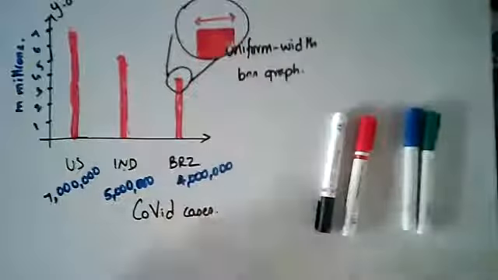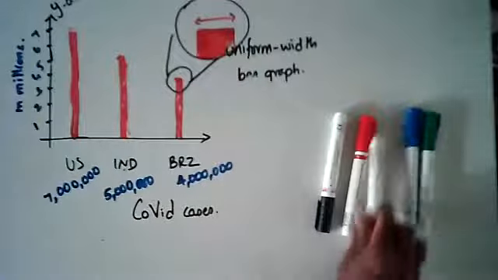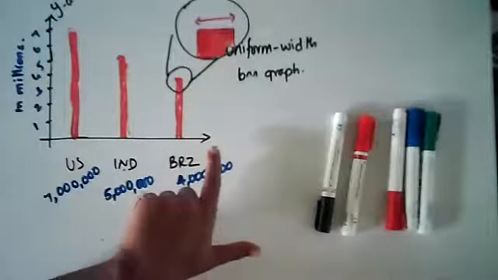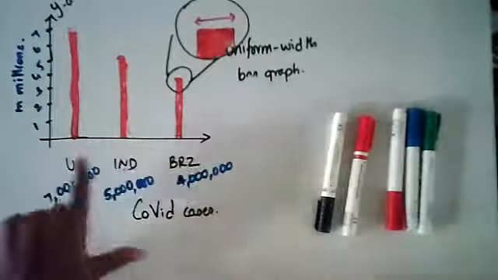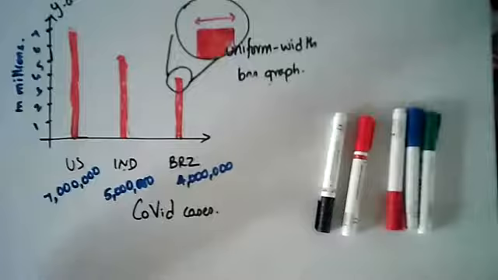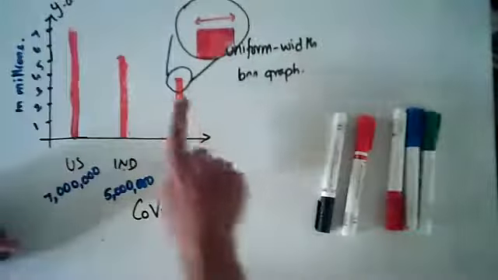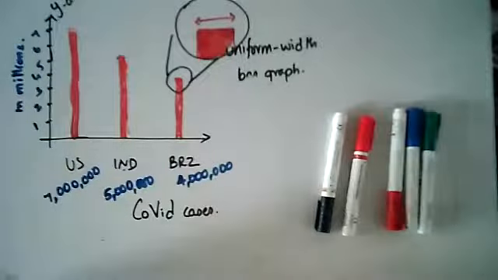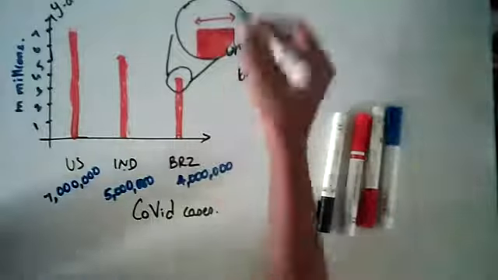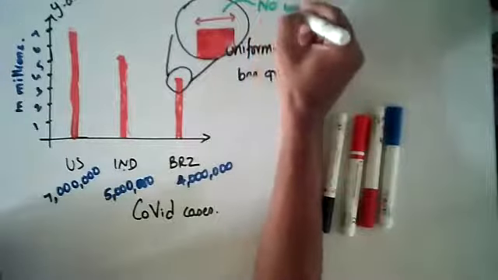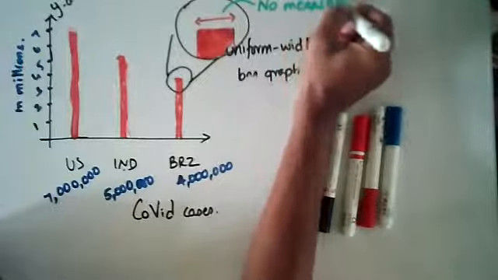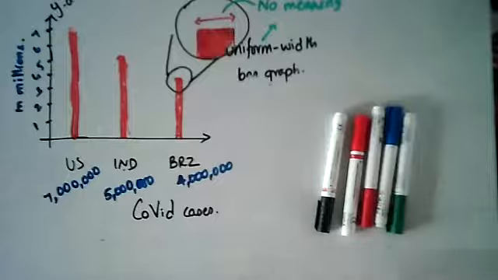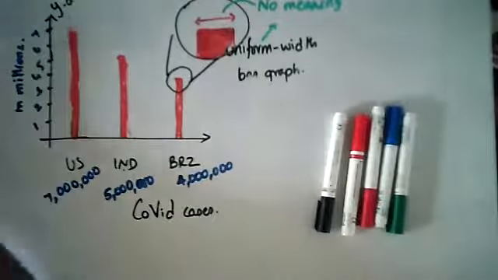So I always make it uniform with a bar graph. Otherwise you can also pack some information into the x-axis. But in this case, for a bar graph, the x-axis does not carry any information. So that is what they mean by uniform width. This width will be the same for India, US, and Brazil, and it is meaningless. There is no meaning for it. So I'll just write it over there: no meaning, and therefore it is uniform. That is why they talk about a uniform width bar graph.